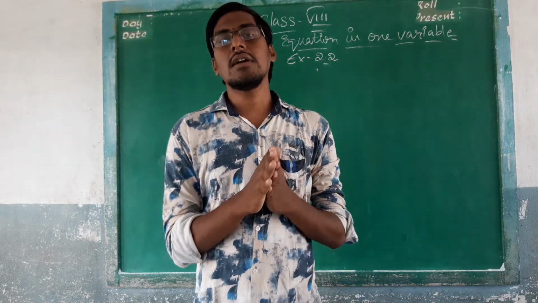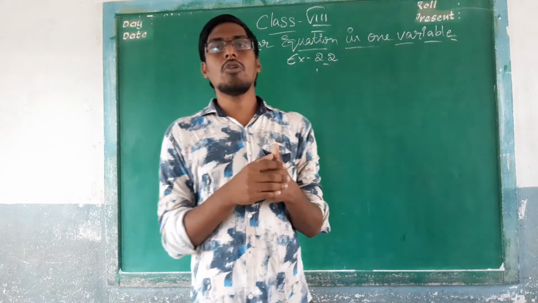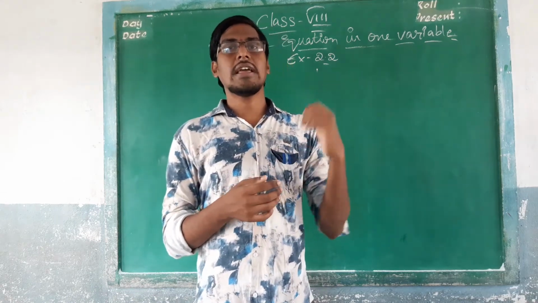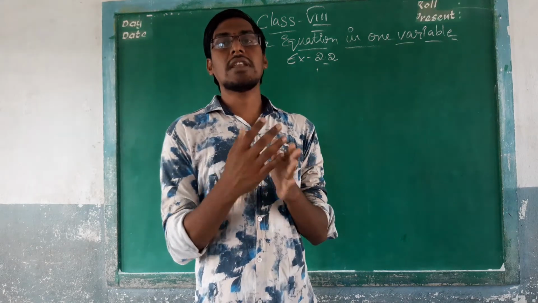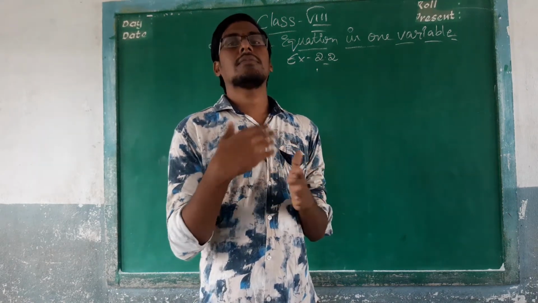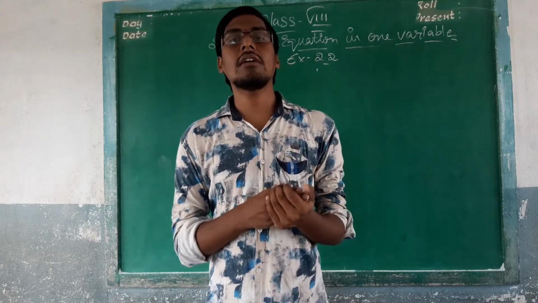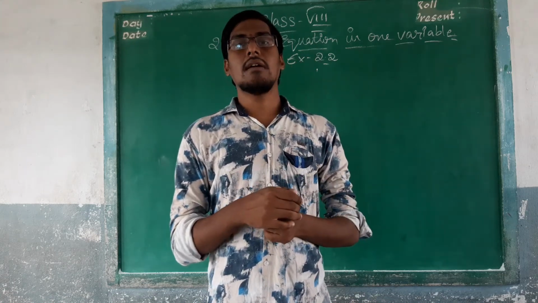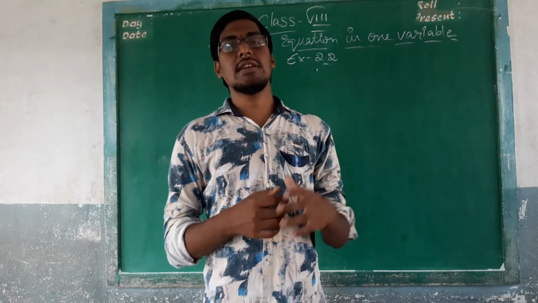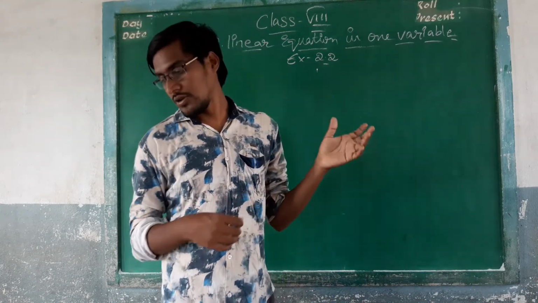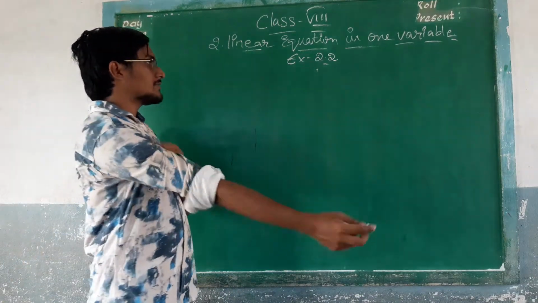After that, he had traveled by train. That distance we don't know, we have to find out the train distance. Let us take the train as x. And it is given that after traveling by train, he traveled by bus, twice the train. So twice the train means what will it become? Let us see.